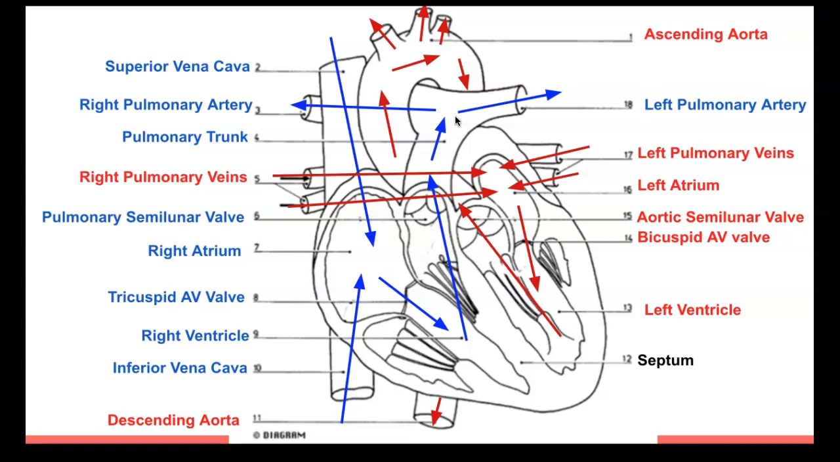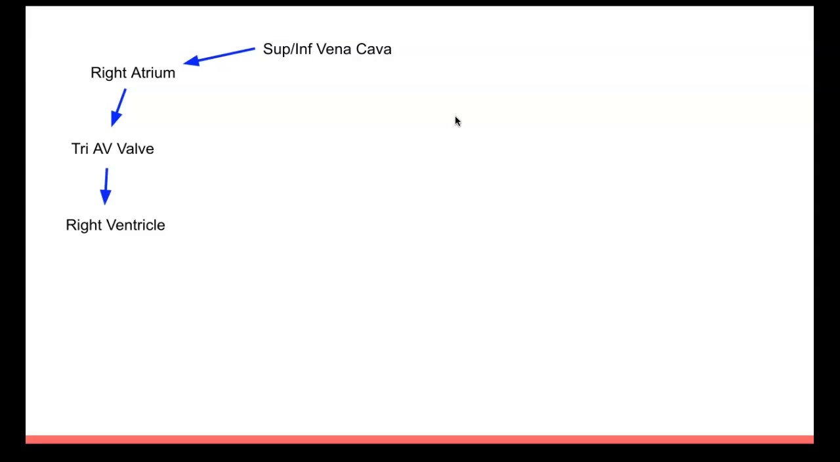Again, a little bit more complicated than the first diagram. So let's go back and label just the names and where blood starts. So again, I always start with the vena cava. So the superior and the inferior vena cava go into the right atrium, which then goes through the tricuspid AV valve and into the right ventricle, through the pulmonary semilunar valve, into the right and left pulmonary